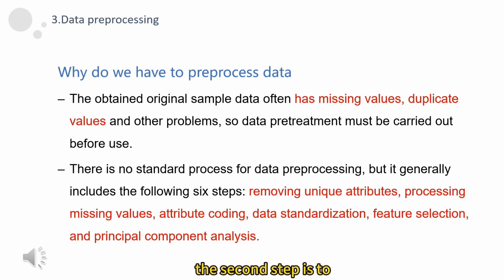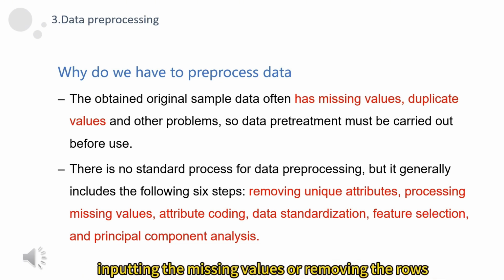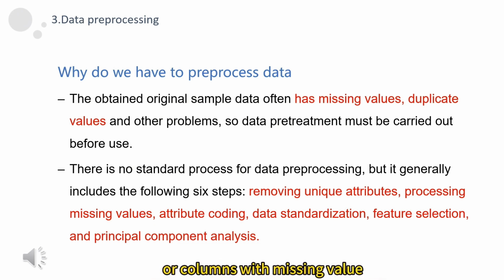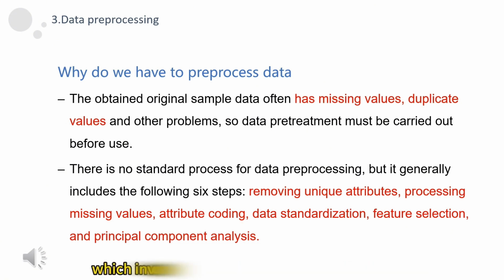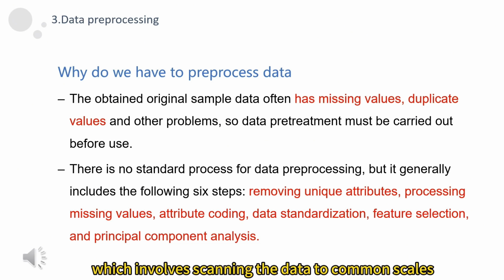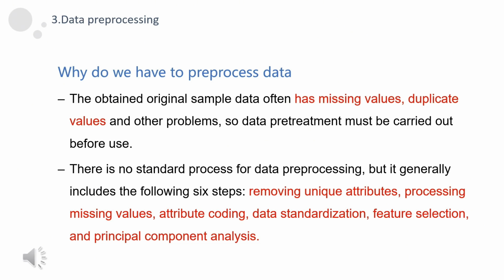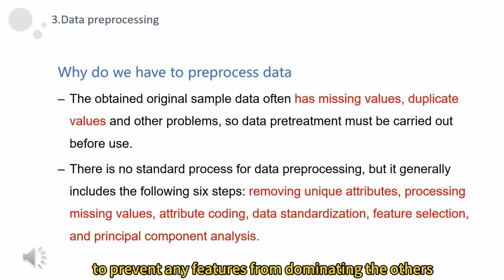The second step is to process missing values, which involves either imputing the missing values or removing the rows or columns with missing values. The third step is attribute coding, which means converting categorical data into numeric data. The fourth step is data standardization, which involves scaling the data to common scales to prevent any features from dominating